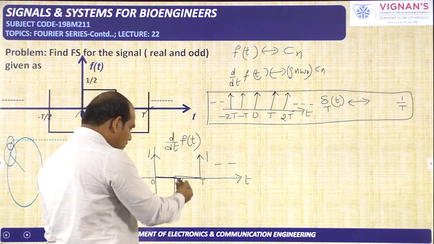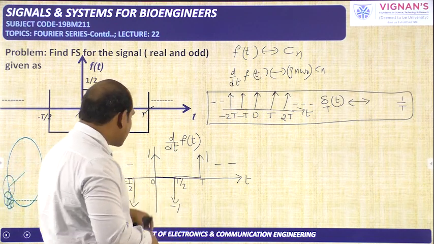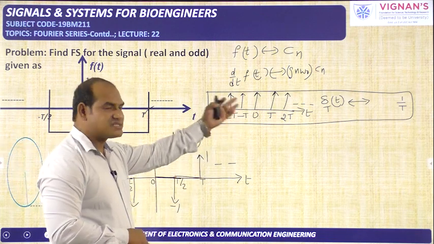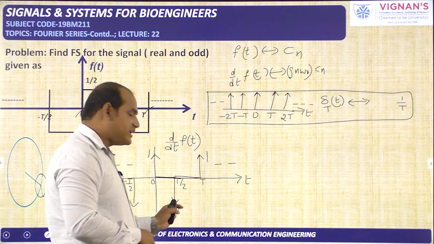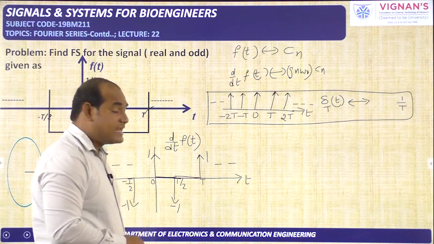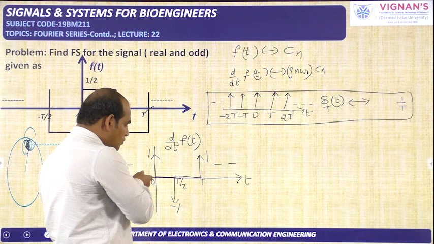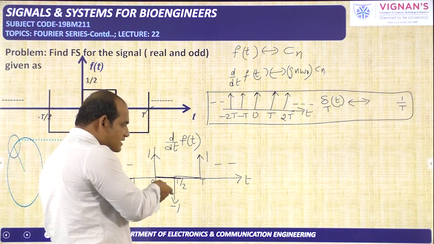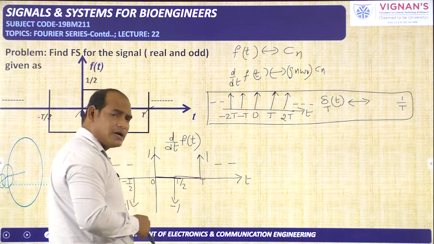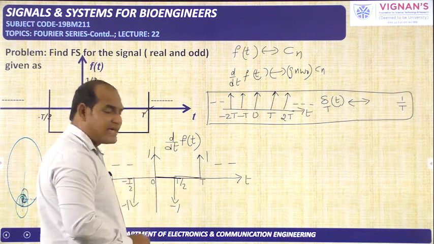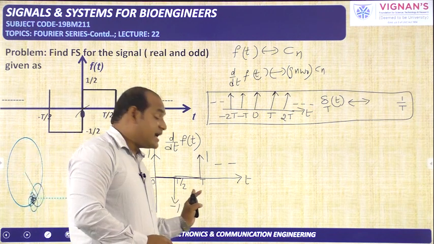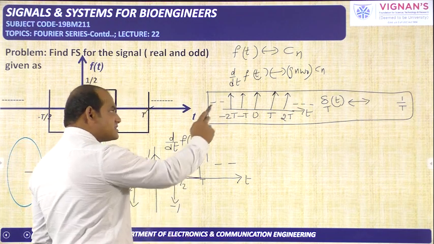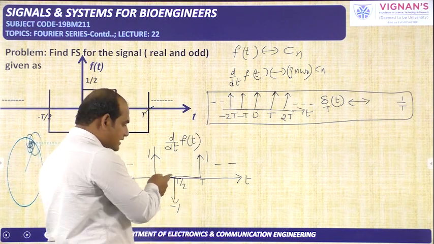That is over. What about below the x-axis? Here below the x-axis is not exactly similar to this impulse train, but it is similar to the impulse train shifted to the right by T/2 seconds. Instead of an impulse at t equal to 0, it has an impulse at t equal to T/2, then at 3T/2, and like that at a time distance of T. That means the same impulse train shifted by T/2 seconds.